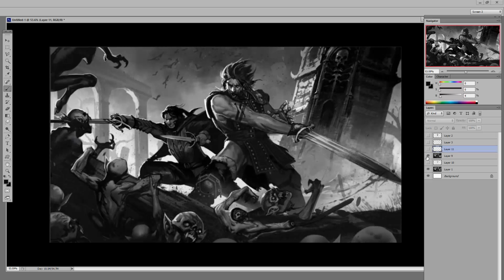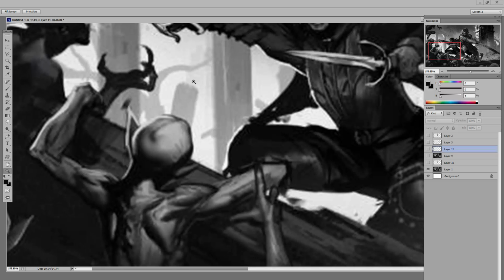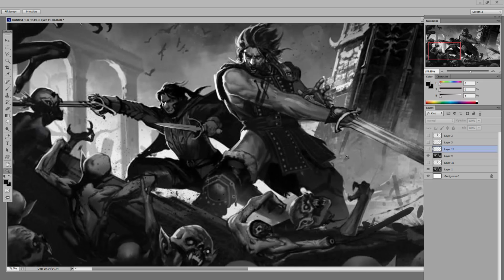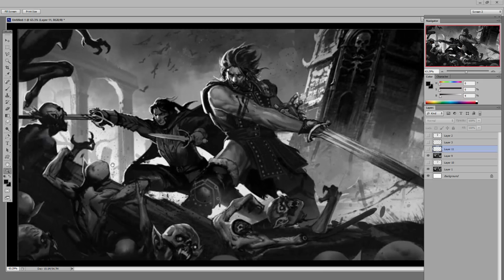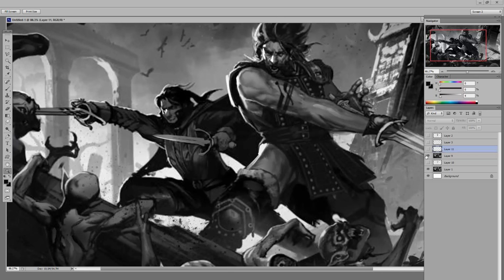What else did I do? So I changed the value grouping on pretty much everything that was standing out, because over here on the Goblin, the highlights are competing with everything else around it, so you group it together to be its own. We fear doing that because we might lose the highlight, but I think within the value group, if you have the form rendered well, like a Charles Bard situation, it's still going to read as though it has form with the highlight and midtones, etc. So I would refrain yourself and cap each value group.